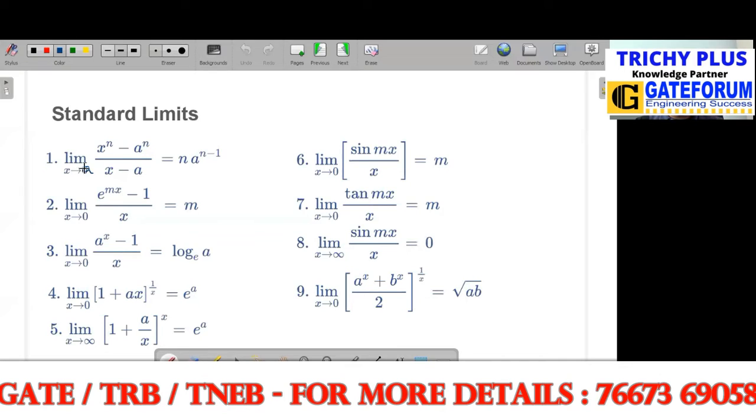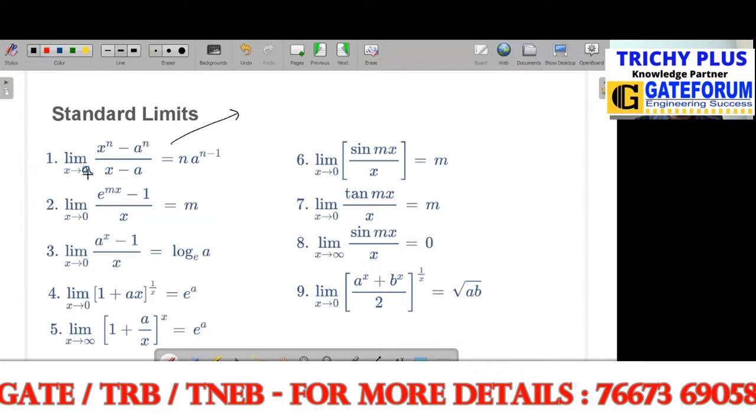For example, limit x tends to a of x power n minus a power n divided by x minus a. They have given the value as n times a power n minus 1, where a is the value x approaches. Okay, fine. So how do they find this? It's our normal L'Hospital's rule only. If it is in the form of x power n minus a power n divided by x minus a,